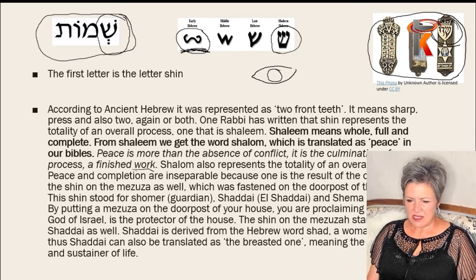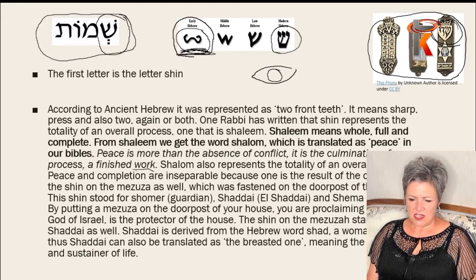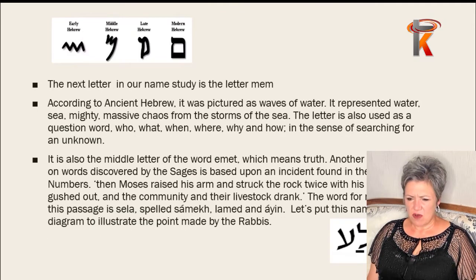And now you can see here, just taking you back to the ancient Hebrew letter. And shad means a woman's breast. The Shaddai can also be translated as the breasted one. Now we must make a difference between that and the multi-breasted one as an ancient Greek god, which is also the queen of heaven and so forth. Not that. What it means here, because God is not a multi-breasted one, is symbolically the provider and sustainer of life. All that just from the letter Shin.